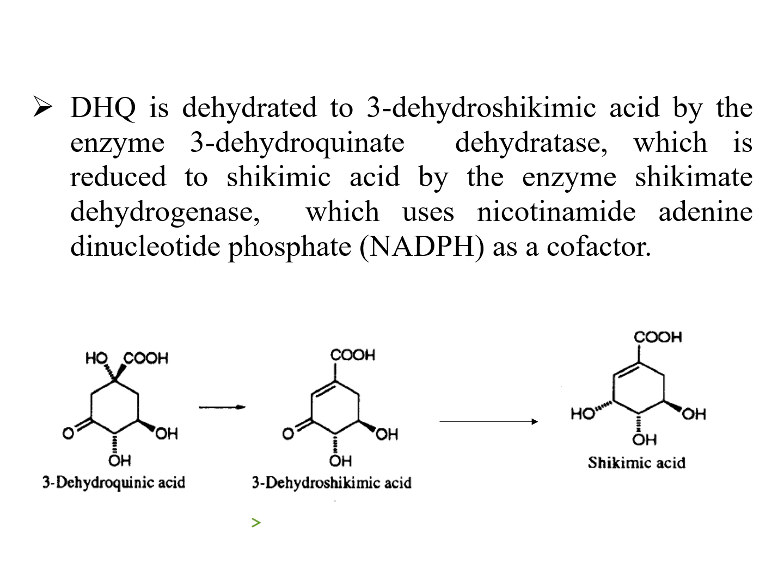Now in this 3-dehydroshikimic acid, reduction will occur, and it will be converted into shikimic acid by utilizing the energy molecule NADPH, which is nicotinamide adenine dinucleotide phosphate. Okay, which acts as a cofactor, or you can say the energy will be used by the reaction. The reduction occurs from 3-dehydroshikimic acid to shikimic acid. So this shikimic acid is the intermediate compound of this shikimic acid pathway.